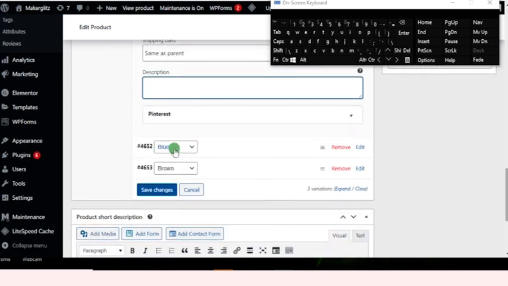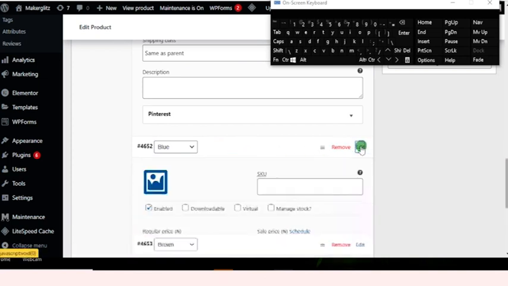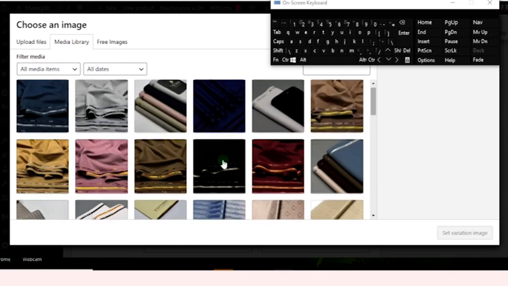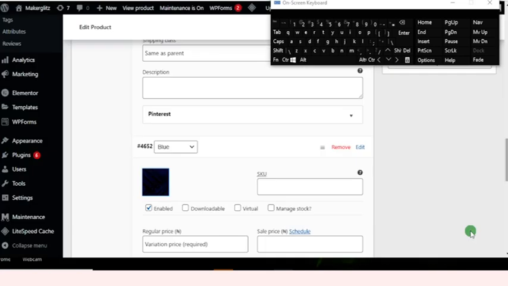Like this blue color, you can say that let the black color come, and you click edit right here. You select the image from here. That is the blue color is this one. You click set variation image,